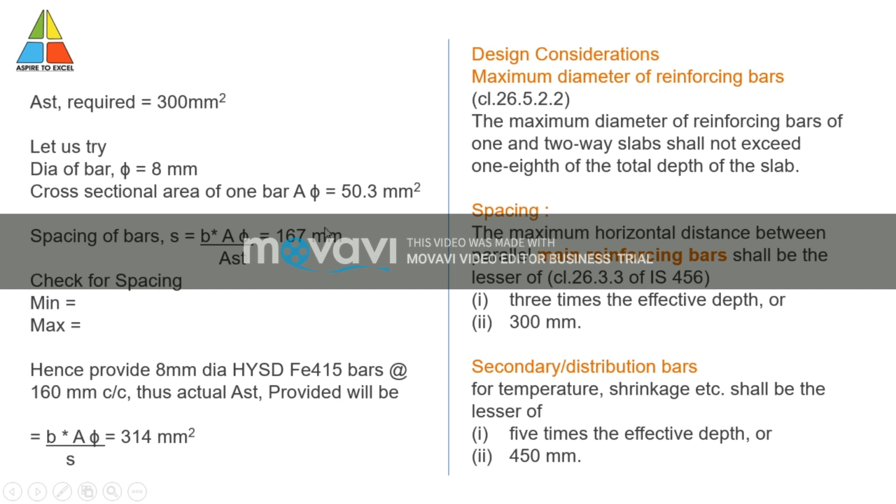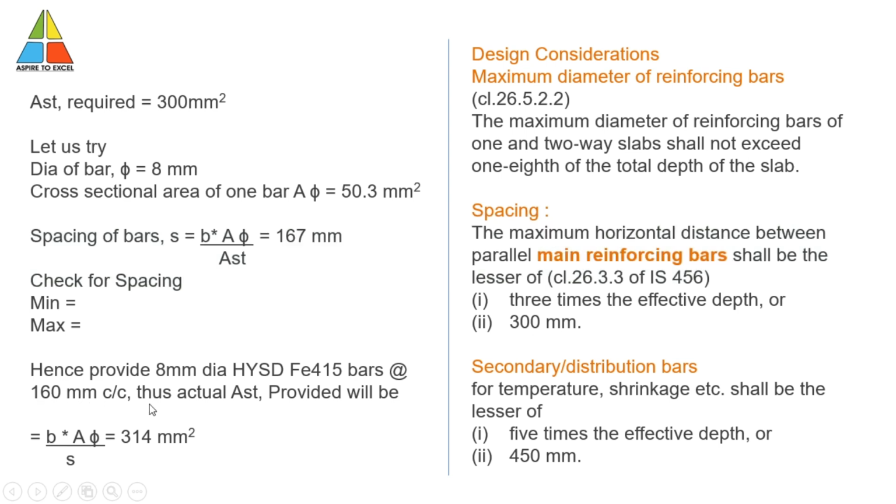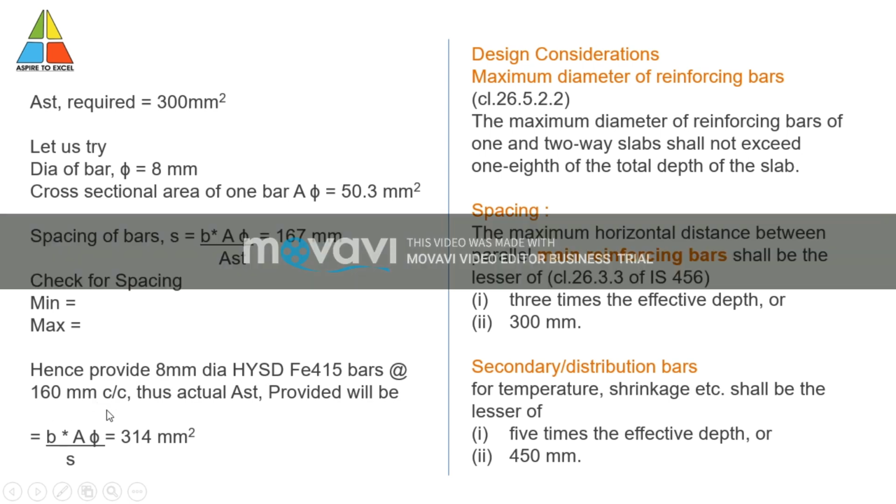So the spacing would be 167. So let us round it off to 160 millimeter. You can take 165 millimeter as well, but here we are taking 160 millimeter. So hence we are providing 8 mm dia HYSD bar Fe415 at the rate of 160 millimeter center to center,